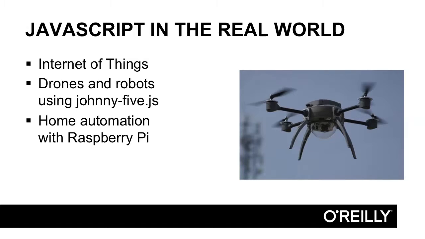For example, drones and robots can be programmed using a library called Johnny5, which we'll visit in a later video. By the way, on the right, that's a video of a drone, or an unmanned aerial vehicle, a UAV. Judging by the age, this UAV is probably not being powered by JavaScript. However, in the modern age, there's nothing stopping you from building your very own drone and programming complex algorithms for it to follow in JavaScript. Libraries like Johnny 5 manage things such as rotor management or actuated limb control